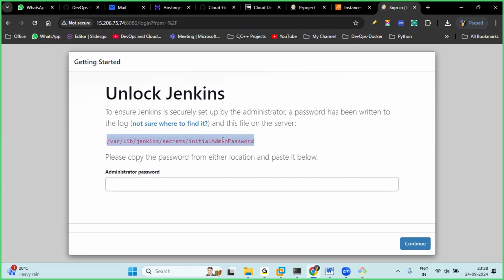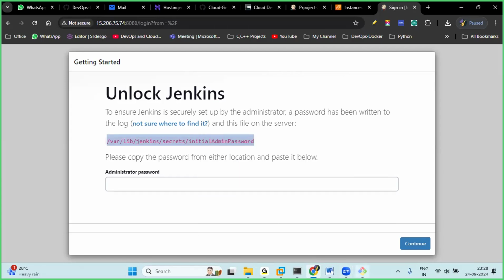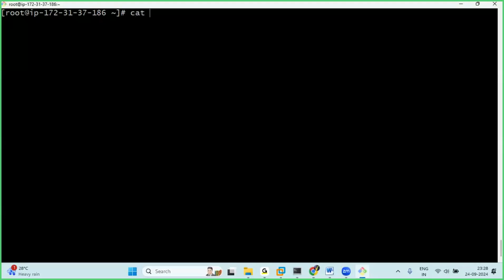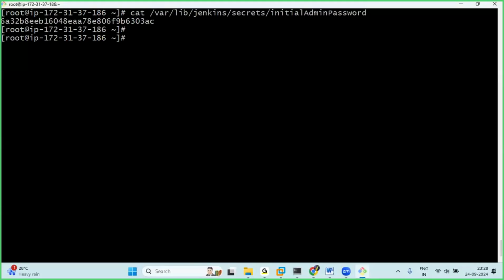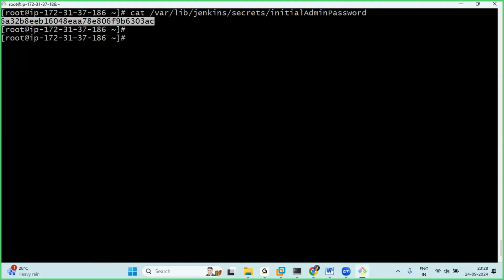Now we are going to install plugins. Yes, select this one and copy that one. Now move to your terminal. Yes, now apply cat and paste the path, and hit the enter. Yes, you will get one encrypted key, the initial admin password. Yes, select this one, copy that one, and move to your